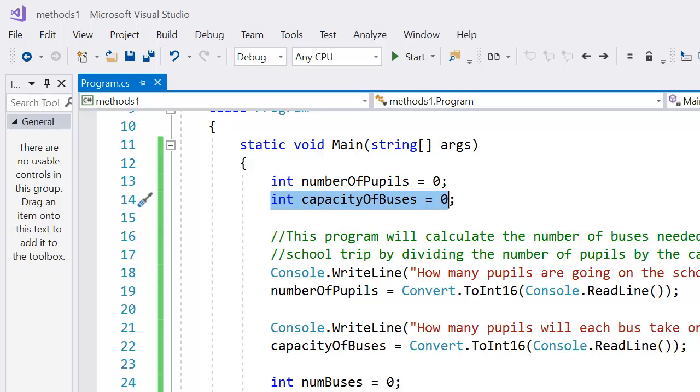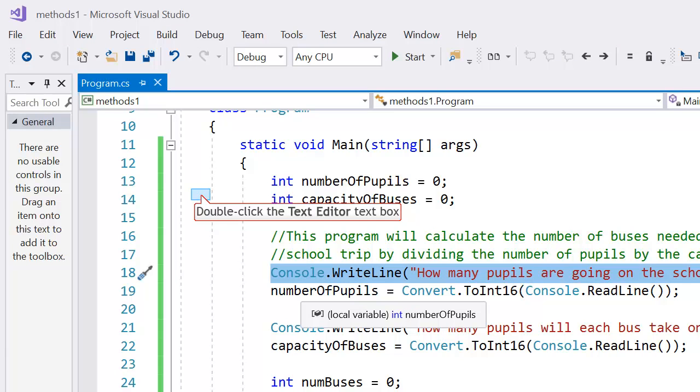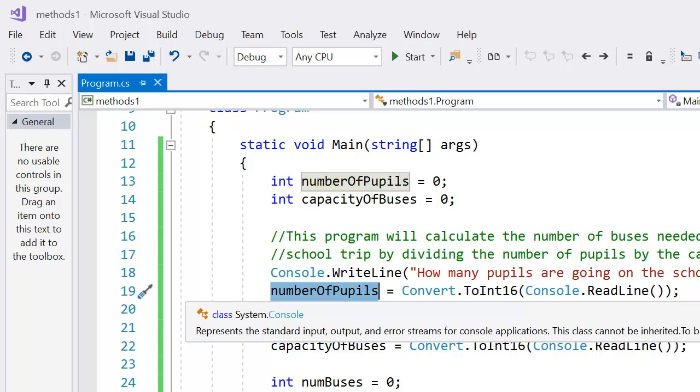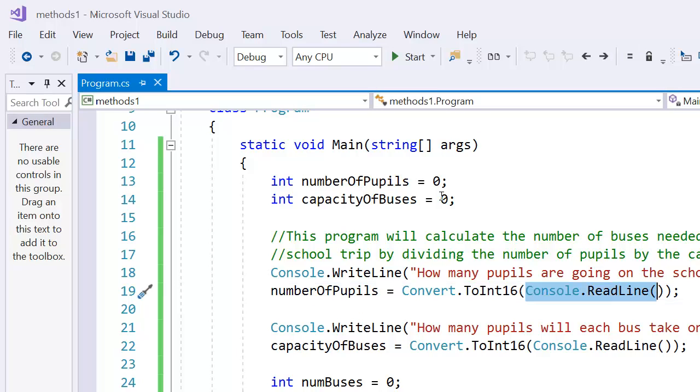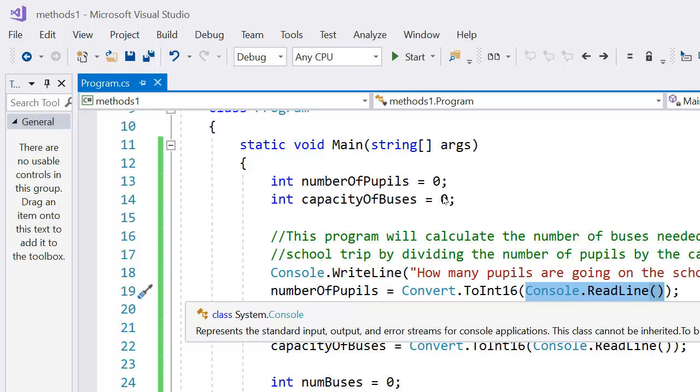Next thing we need to do is ask the user to enter the number of pupils going on the school trip, and we're going to store that in the number of pupils. So we've set the number of pupils equal to Convert.ToInt16 Console.ReadLine. So what's happening here is this Console.ReadLine is reading in from the console the number of pupils going on the trip. But remember,